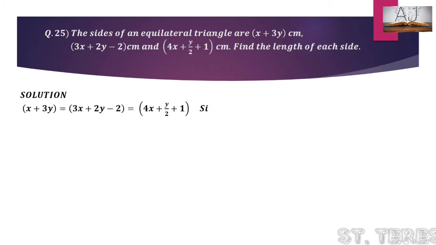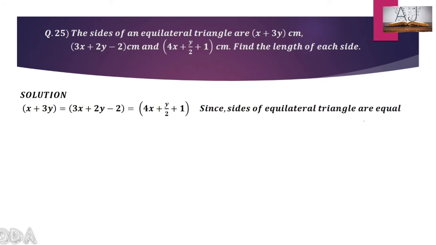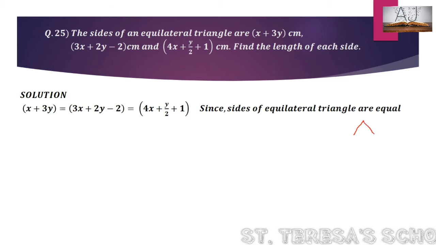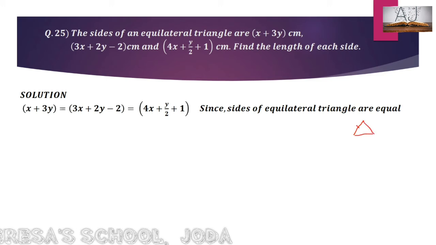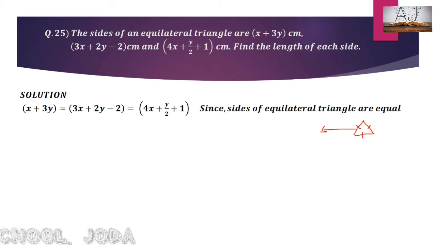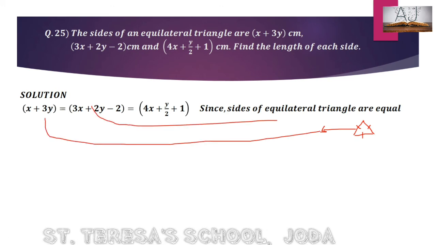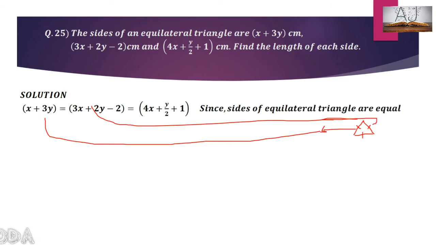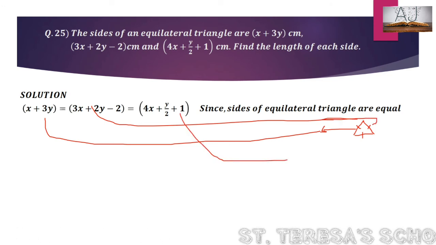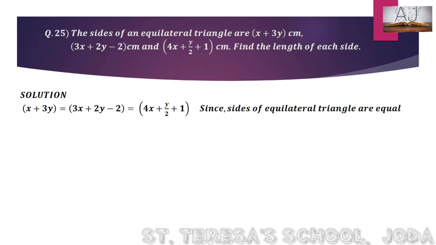Because it's an equilateral triangle, all the three sides are equal, we know. So first of all, we'll make all the three equal. In an equilateral triangle, all the three sides are equal. So these are the sides which are given to us. Suppose this side is the first one. What is it? x plus 3y. And the other side is this one. And the third side, 4x, is the third side. All the three are equal because it's an equilateral triangle. That is what we have done. We have made all the three sides equal.